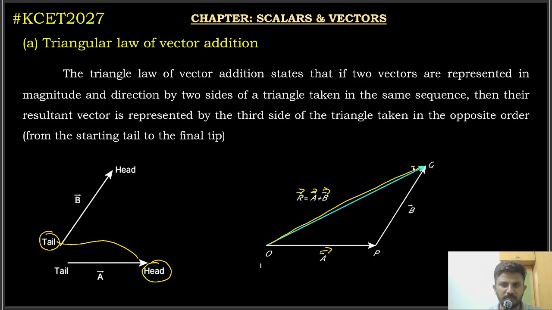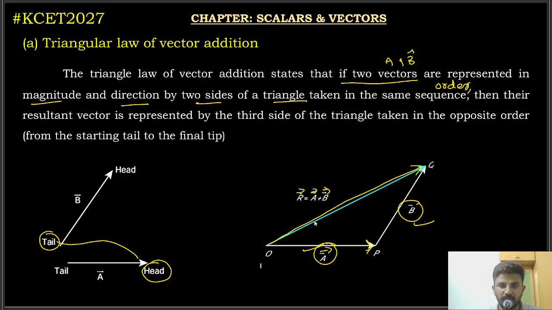Look at this. These three vectors, R, A and B, form a triangle. That means A and B are taken in the same order and the resultant is taken in the opposite order. According to the triangular law of vector addition, if two vectors A and B are represented in magnitude and direction by two sides of a triangle, taken in the same order,